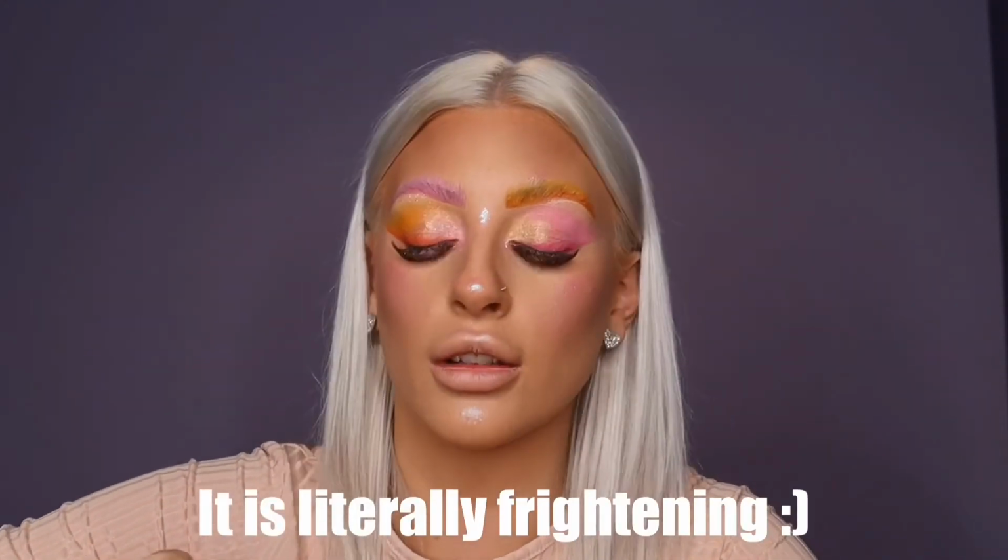These paints are so good for pictures, by the way, especially for a bright look or something weird like this. This wasn't even meant to be a weird look, it was just meant to be a bit funky, and now I've got no eyebrows, so I don't know how we ended up here, but we did. So I'm just going to use a really tiny thin...